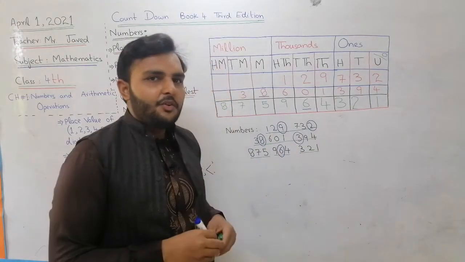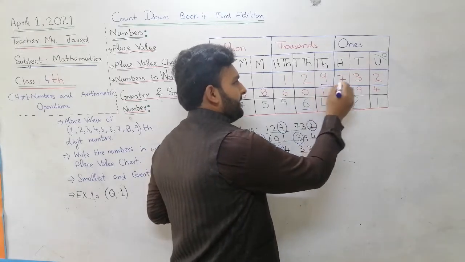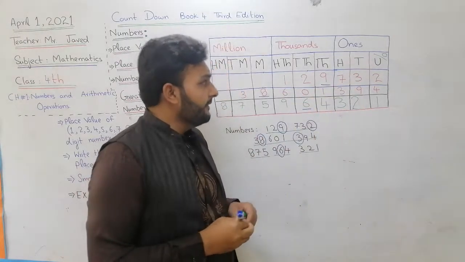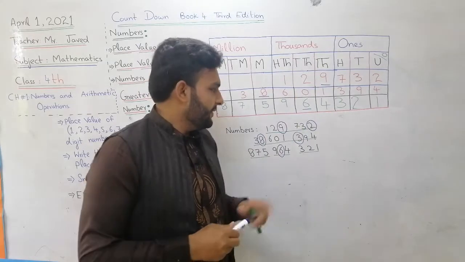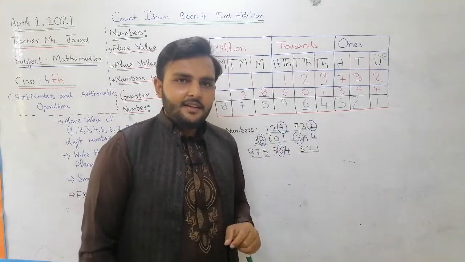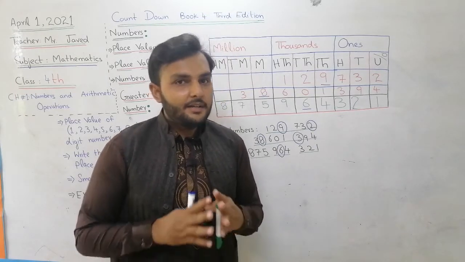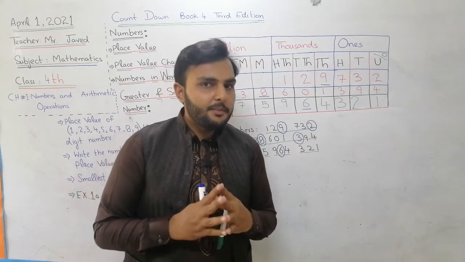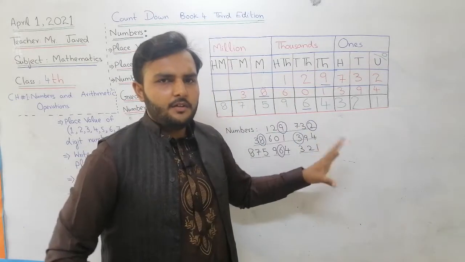We first of all will write it in the table like this. 9 here is in the thousands place. So 9,000, like this. Hope you will understand. These are the basics. My lecture is basically a concept-based lecture. If you listen to me very carefully, at the same time you will get to know all these things.